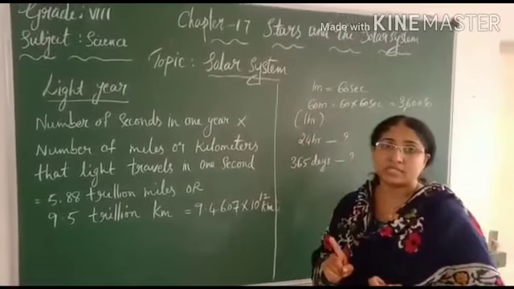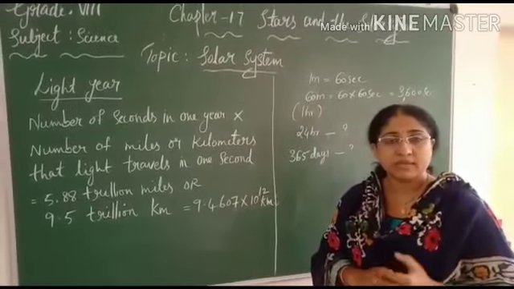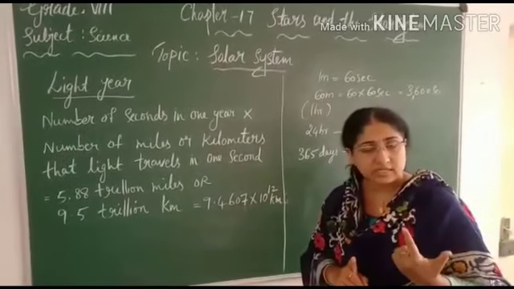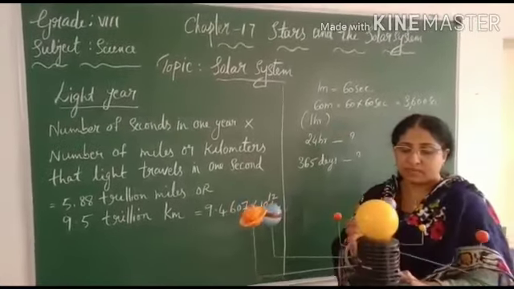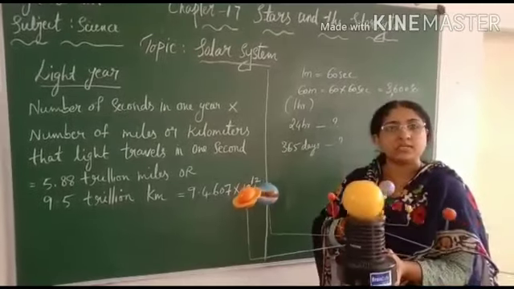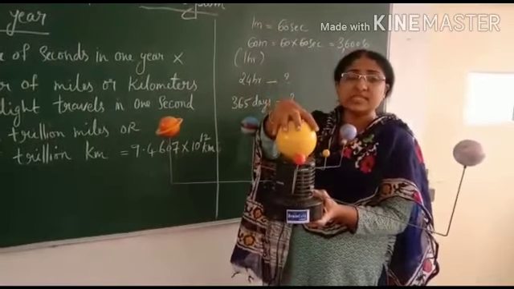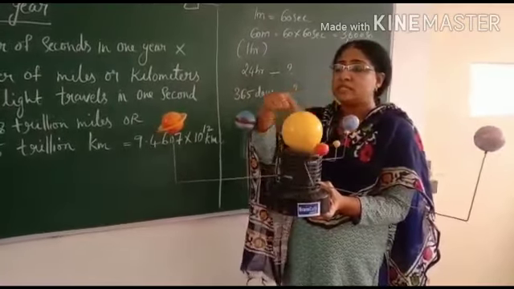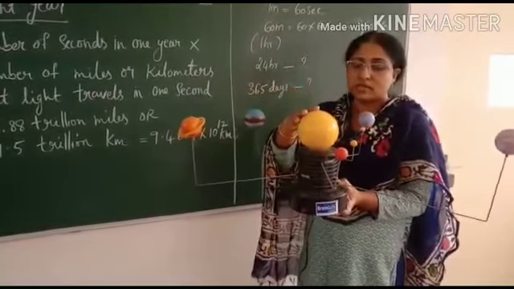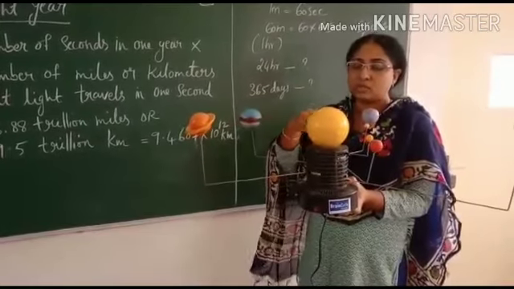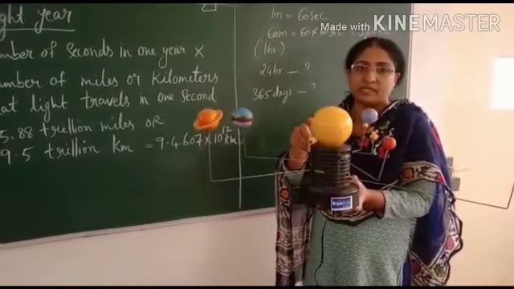So what is meant by solar system? Solar system means, as you have learned in the previous classes, I hope, the sun, planets and moons, which are also known as natural satellites, plus comets and asteroids, all together it is called solar system. Here you can see this is the model of the solar system. The sun is in the center, which is surrounded by the planets, which are revolving around the sun through its orbit. It has a path. Through the path it is moving like this. It is revolving around the sun. That path is called orbit, right?